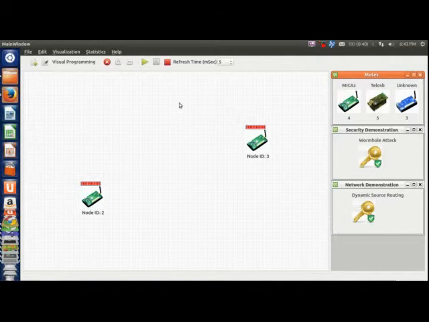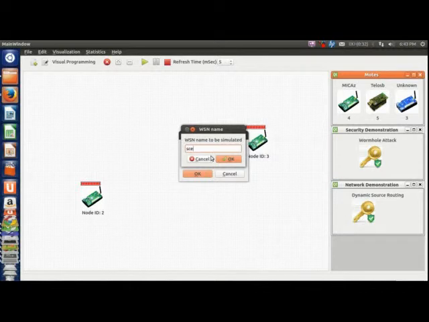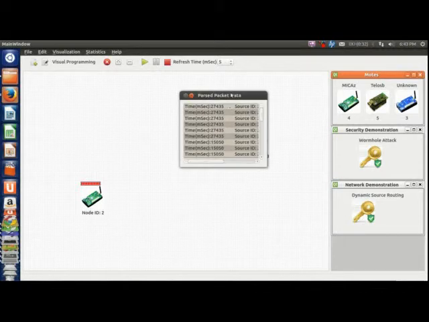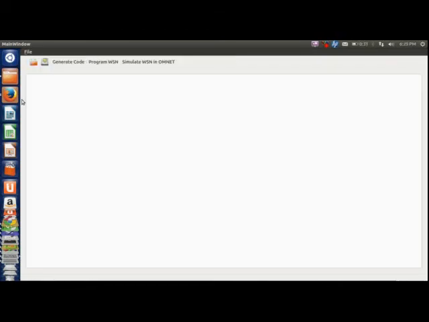I'm going to pass simulator data now and give the scene name that we previously mentioned. Now we can see that nodes 2 and 3 are sending